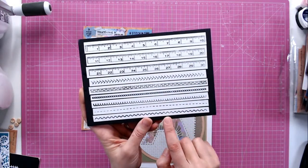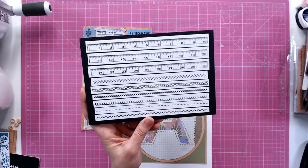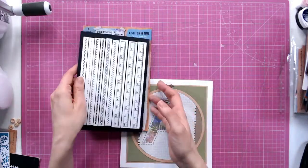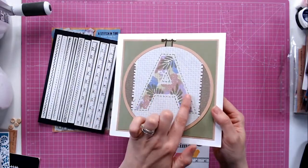And then we've got all the different stitches as well. So you've got zigzag, straight stitch, blanket stitch, cross stitches there, all sorts. You've actually got one here that looks like it could be a zip as well. Okay, so they are the border stamps, and as you can see, I've just used them to go around this